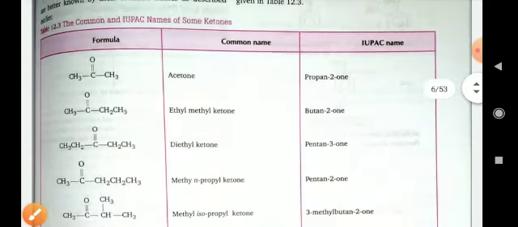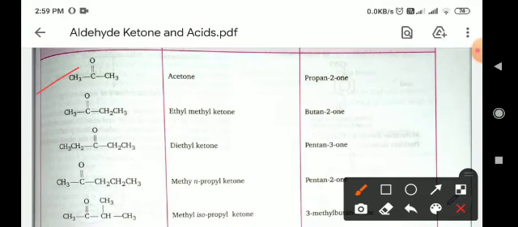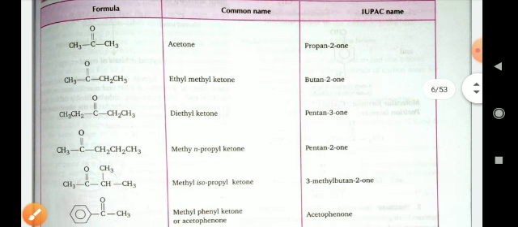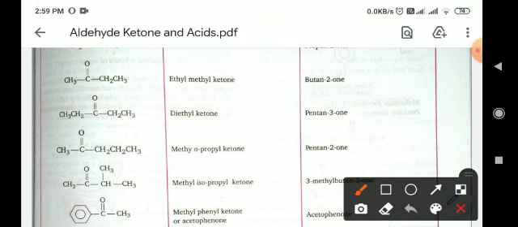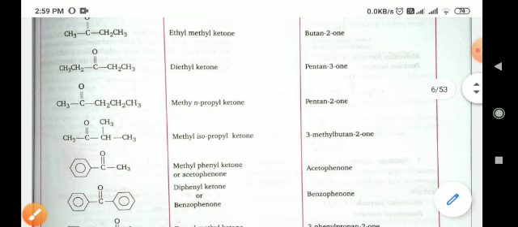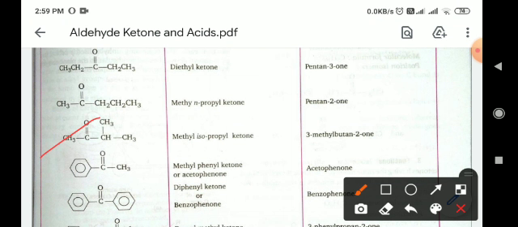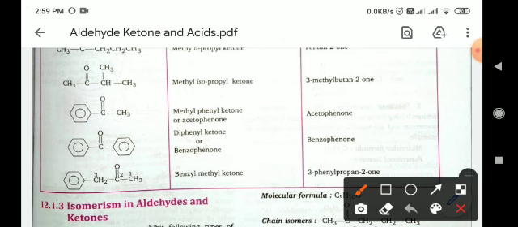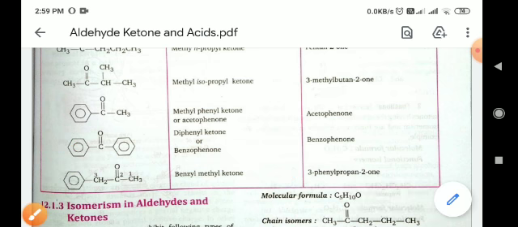Here you can see the list: 3 carbon propan-2-one, 4 carbon butan-2-one, 5 carbon pentan-2-one, and pentan-3-one, and like that 3-methyl butan-2-one. These are the IUPAC names of aliphatic compounds. In aromatic compounds, that is methyl phenyl ketone or acetophenone, and that is known as benzophenone. Okay, and 3-methyl but-3-en-2-one, because after numbering 1, 2, 3 it will come. Okay, so these are the IUPAC names of the